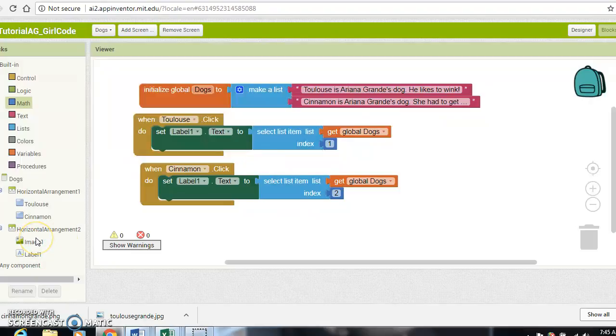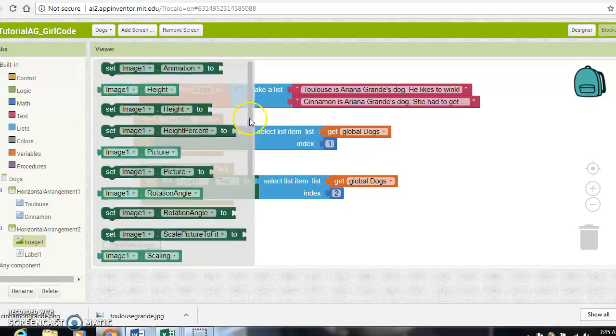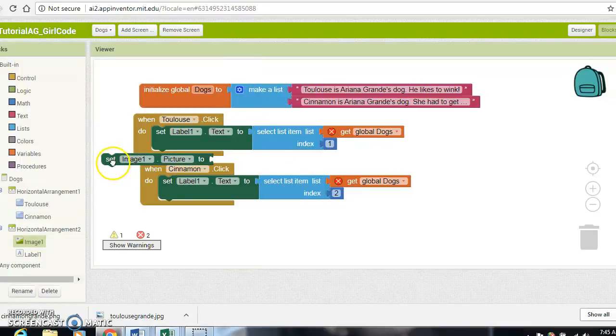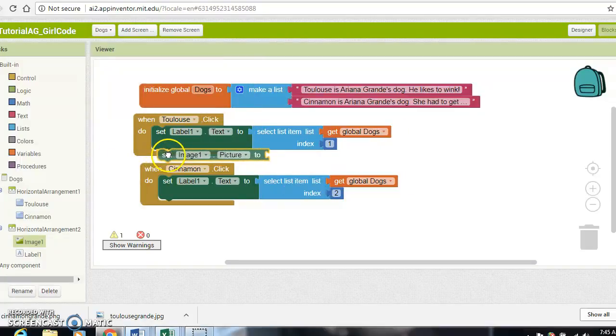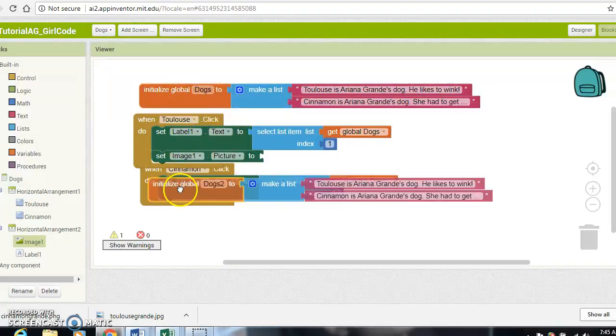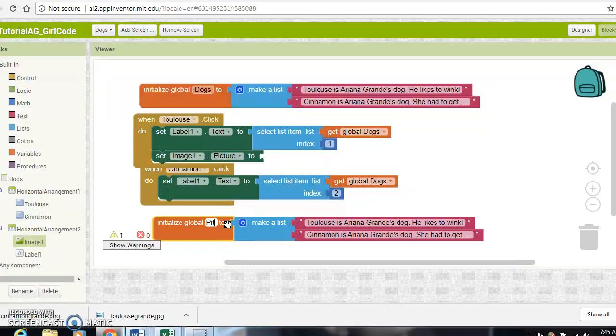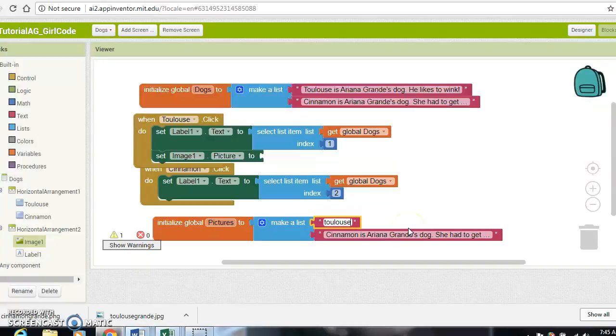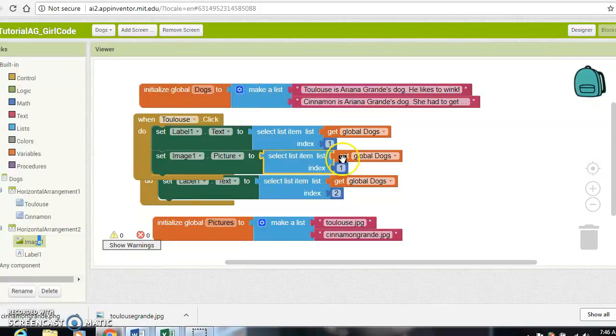But also, we want our image to change. So we're going to set our image to, wait, hold on. We're going to turn it into a variable also. So we're going to set pictures to Toulouse.jpg and Cinnamon Grande.jpg. Remember, it's very important that you type everything right, or else it's not going to work whenever you try to use it. So now we're going to set our image picture to select item in our list,